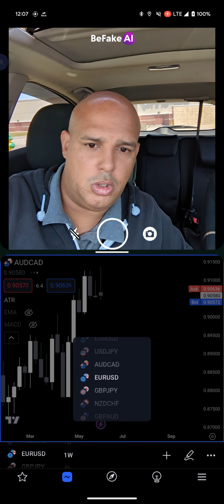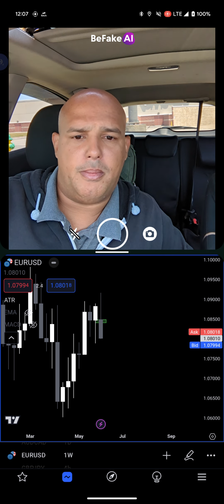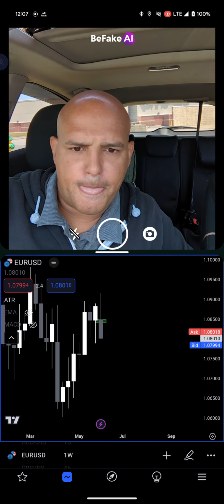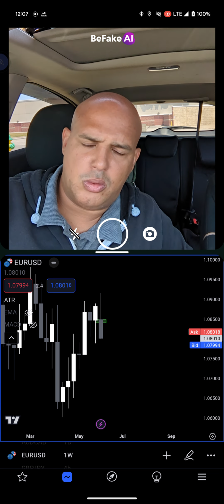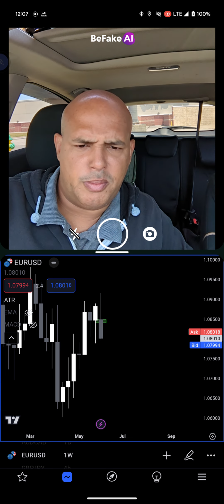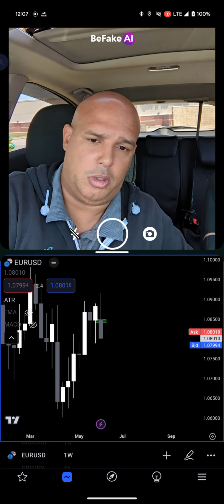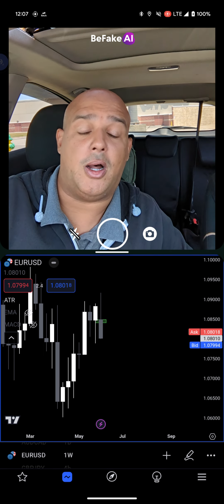to Euro USD. Euro USD. I'm also, what happened here? I'm looking for a buy? No, I'm not. I'm looking for a sell. Why am I looking for, yeah, I am looking for a sell. But actually, that's a really strong bearish candle. So I'm looking for a sell. I just don't know why I have a box there. I don't know where that happened. But I'm looking for a sell.